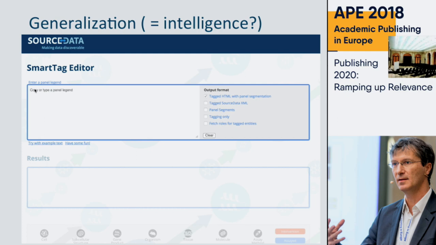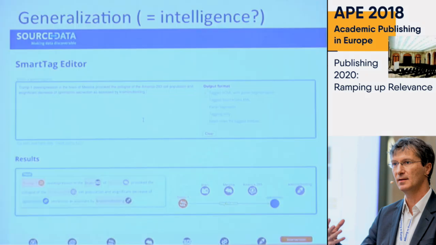But here we have a sentence that I hope you will be convinced our machine has never seen before. This is not part of our training set, but it is able to interpret in a very similar way as a human that some words look like a gene, some words look like a strange species. So you have the TRUMP1 gene. Of course, it's not a gene. Overexpression in the brain of Melania. This sounds vaguely like an Arabidopsis or something like this.